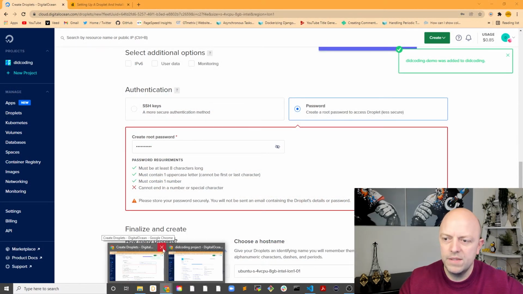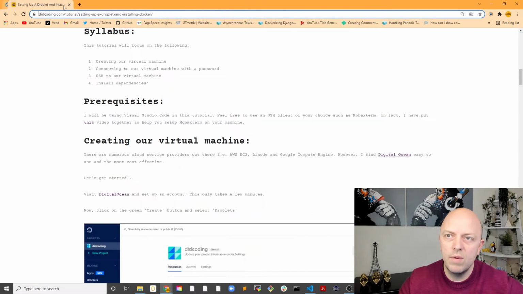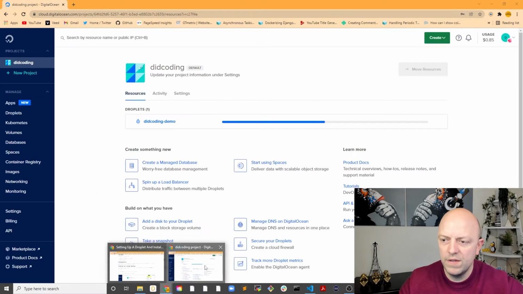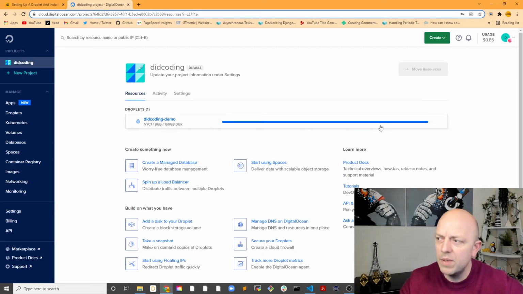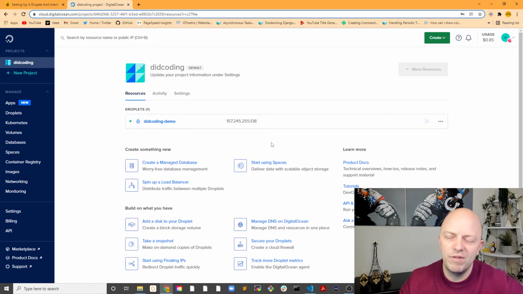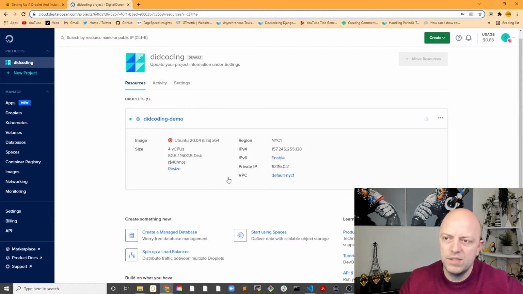That's what I've done. This closes that one. Go back onto this one, and there we go. I opened up a new screen. So once you click the green create droplet button, it will take you to this screen, and there'll be a blue line there whilst it's configuring everything, and a little notification will come up here in a second, and it will say something along the lines of your droplet is ready to go. If you click into this, it will give you the details of the droplet, so the image, the size, the region,